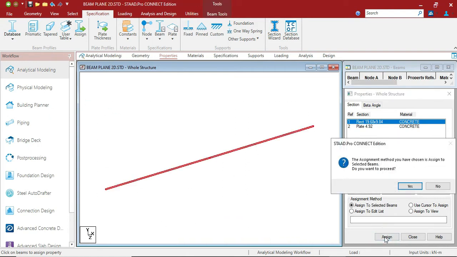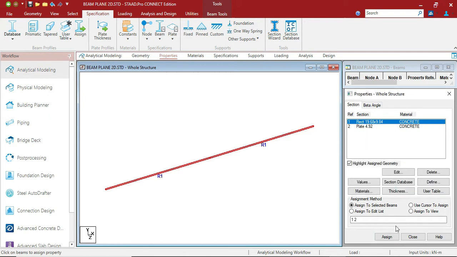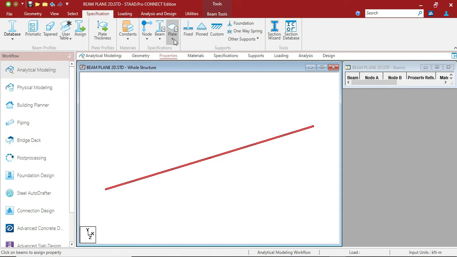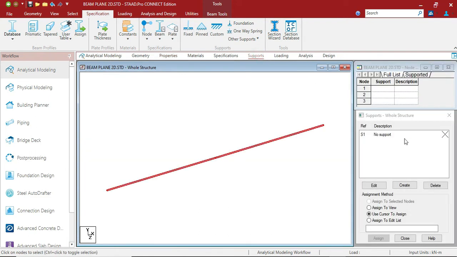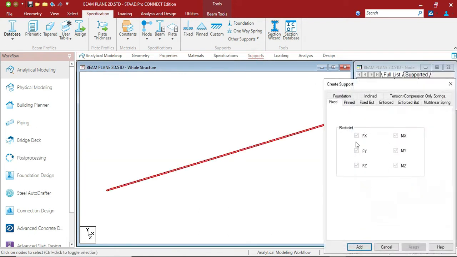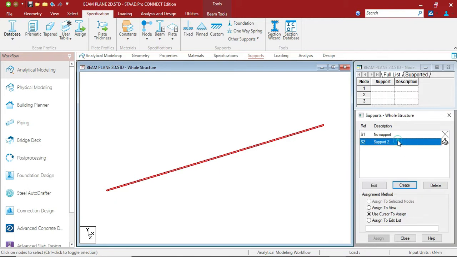Okay, next is for the support. So I choose support pin. I use pin support and then add and assign the support along the beam. Okay, then